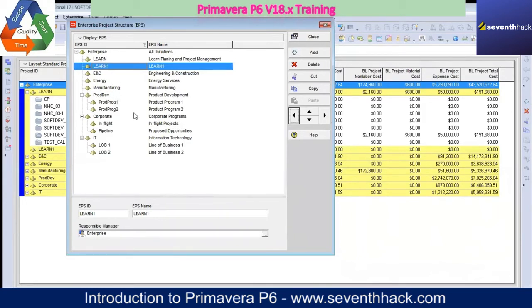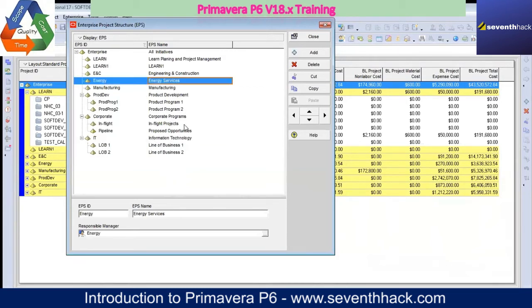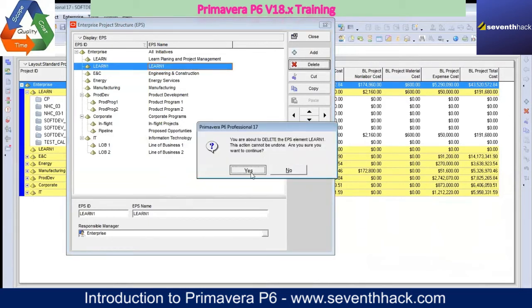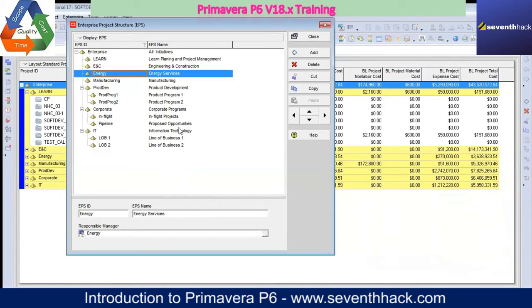I believe, do you have IT as a portfolio here in your portfolio? Yes. You have IT, information technology. Do you have this energy? Yes. Okay, just do one thing. Let us do this thing. I think that will be interesting. I'm going to delete Learn one, because then Learn one should be. See, we can